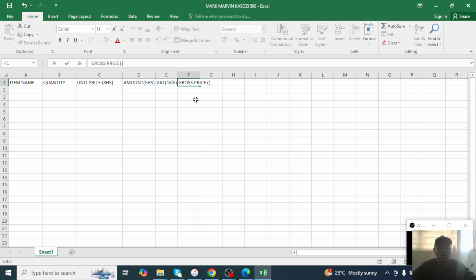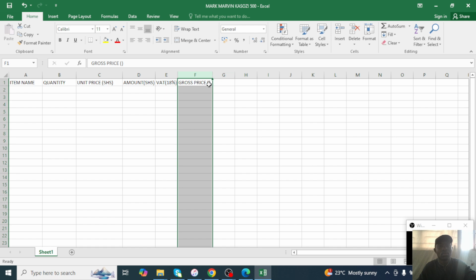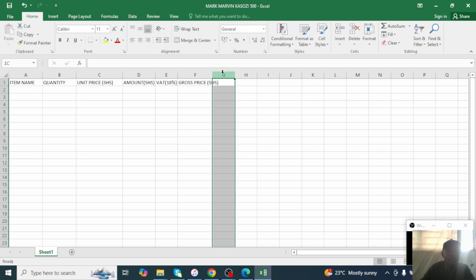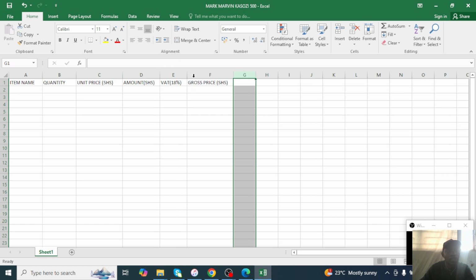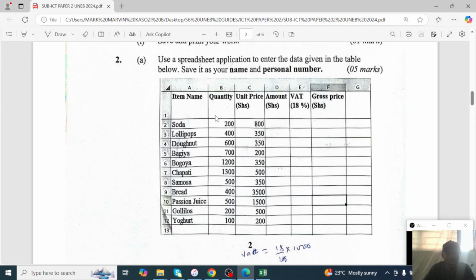Gross is shillings. And I'm just trying to adjust the size of the column so that these words can really fit there. Now, according to the question here, you see the labels that run from item name to gross price, they are